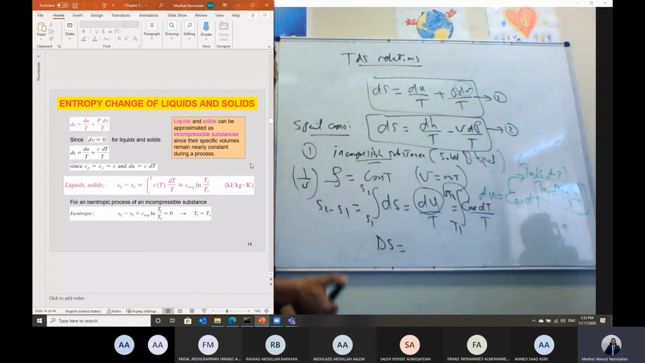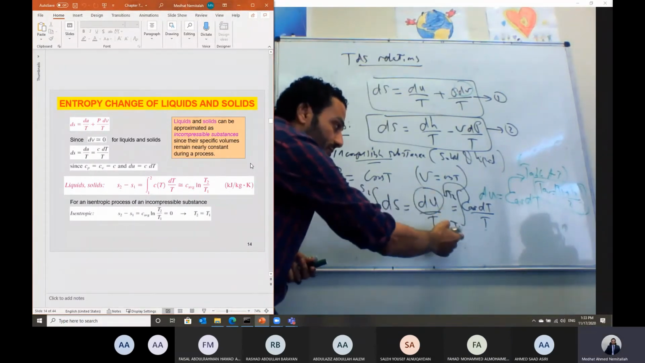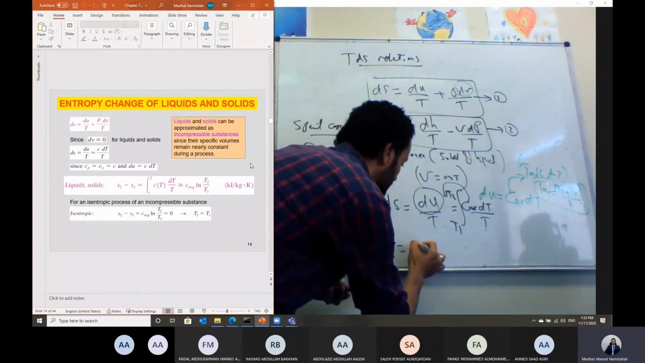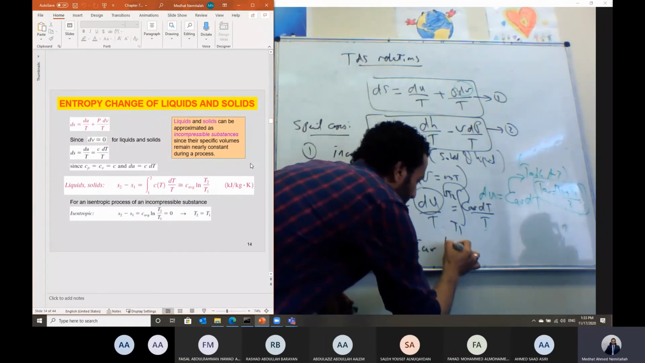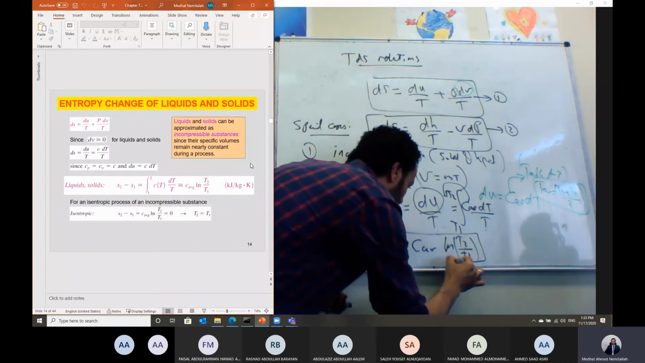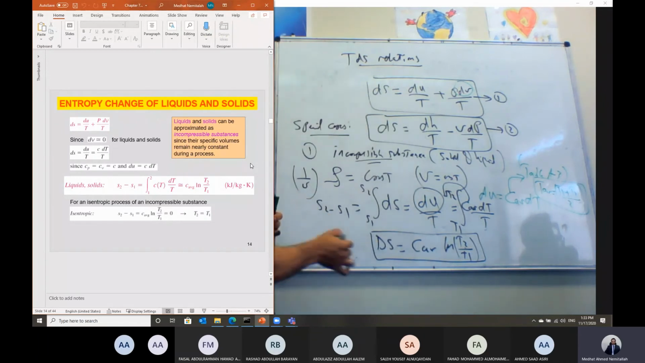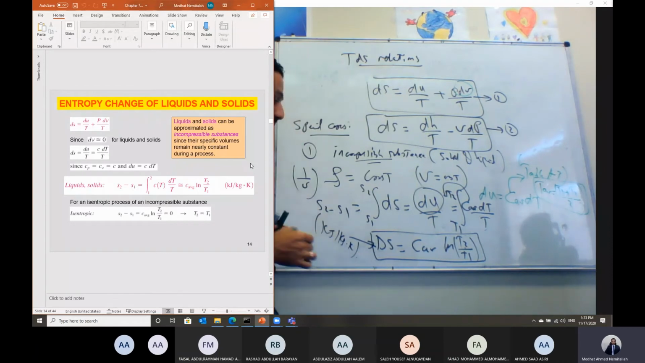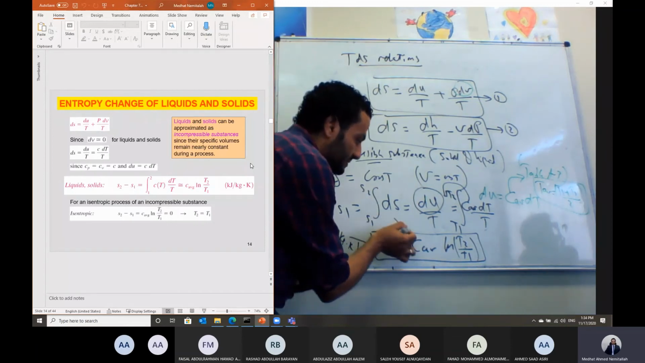What is the integration of dT over T? It should equal ln T, exactly. So ln T2 minus ln T1. So that should equal C average multiplied by ln T2 over T1, which is the same as ln T2 minus ln T1. Okay, Shabab? So this delta S is calculated in kilojoule per kilogram Kelvin. C is also in kilojoule per kilogram Kelvin, from table A3,